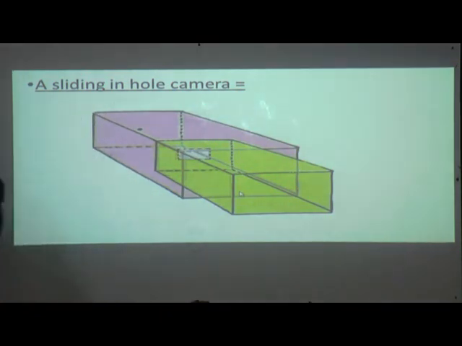Okay, now try to look at some distant objects like a tree or a building through a pinhole camera. Make sure that the objects you wish to look at through your pinhole camera are in bright sunshine. So that objects should be in bright sunshine. Move the smaller box forward or backward till you get a picture on the tracing paper pasted at the other end. Okay. Now, are these pinhole images different from their shadows?